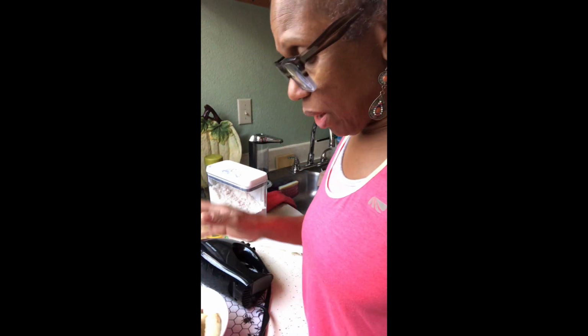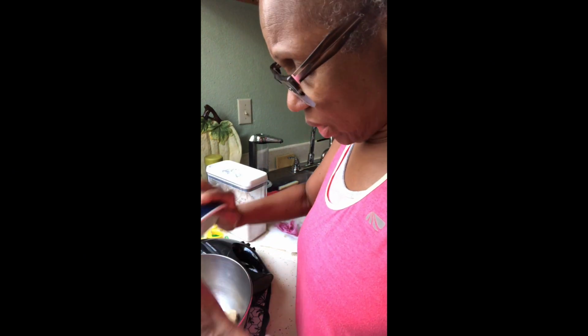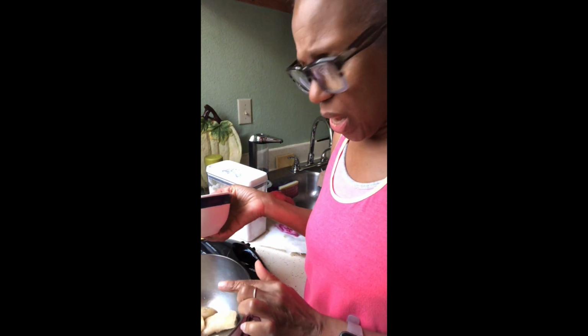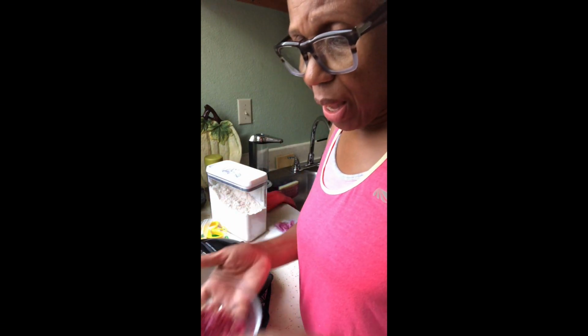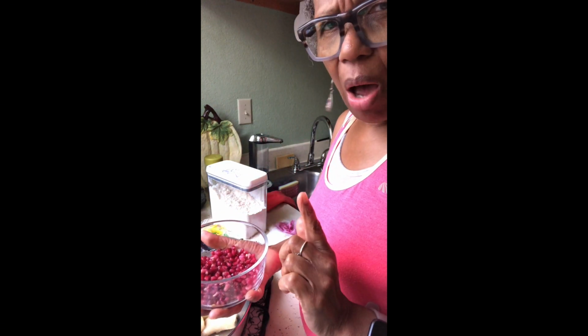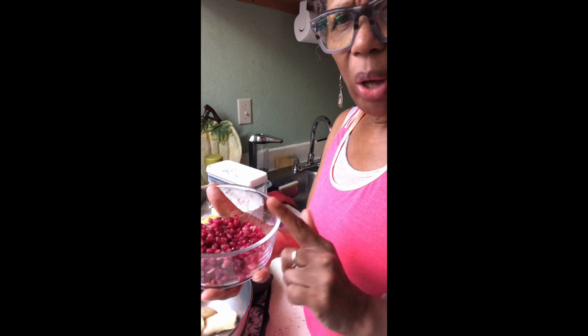So I have the bananas and I have the pomegranate. What do you guys think I'm going to make? All right, we'll see. So I'm going to take my frozen bananas. I have 2.5 bananas here, and this is the first time I'm making this, so I'm just gauging the amount of bananas that I'm using. And this is a cup. Yeah, 1 cup of